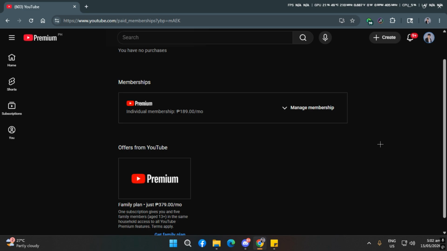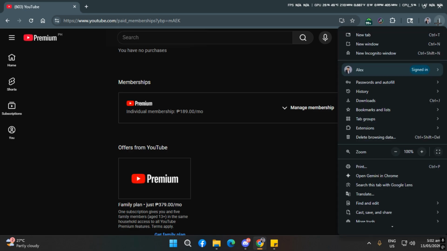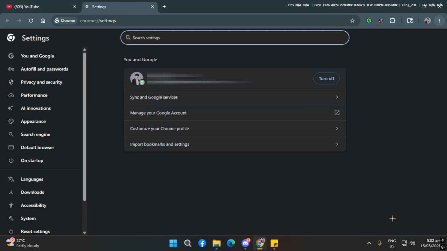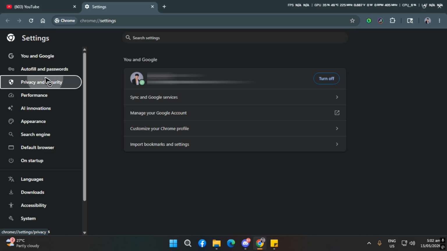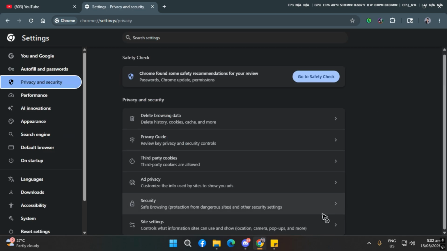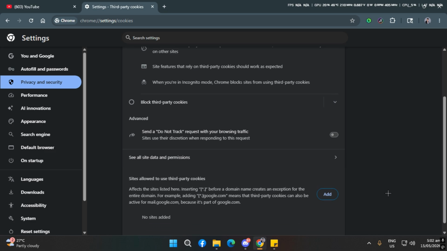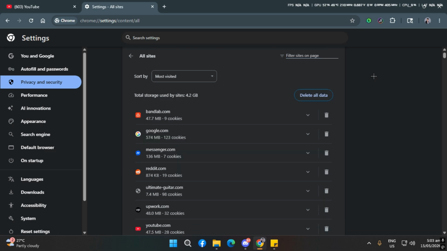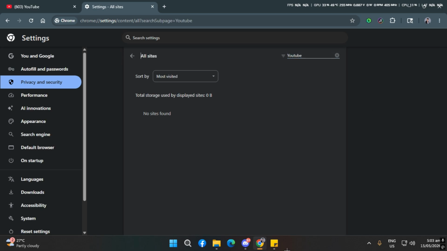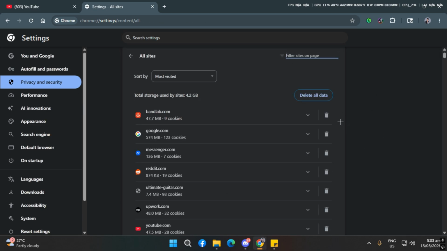For the other method, you're going to clear your cache. In order to do this, click the three dots on the right top corner of your screen. Scroll down until you see settings. In here, click privacy and security. Scroll down until you see third-party cookies. Scroll down once again until you see all site data and permissions. And in here, you can search for YouTube. In which case I don't have any cache for it, but if you do, you can simply click the bin